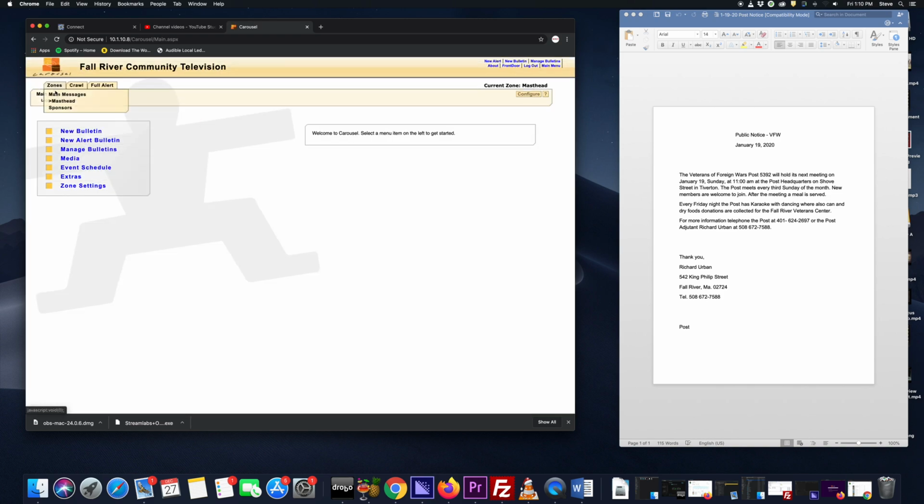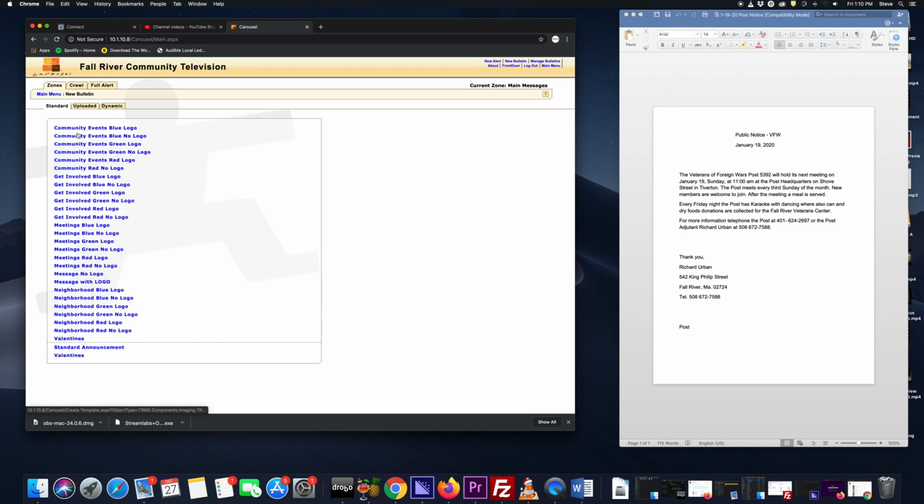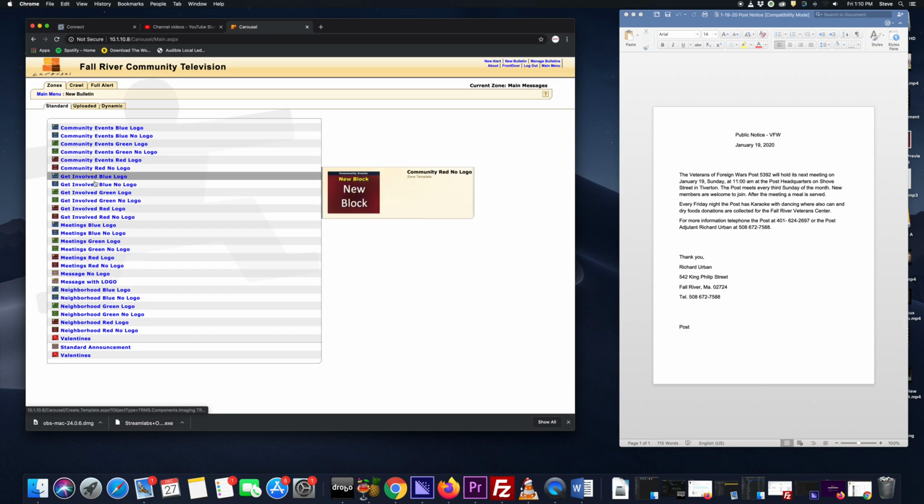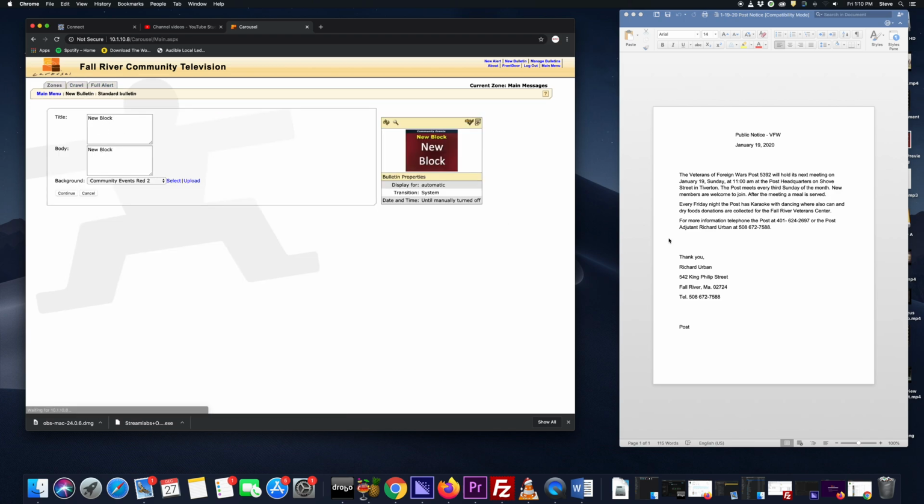we'll check our zone, make sure that we are in main messages. And we'll do a new bulletin. And then this is going to be for community events. We have a template, no logo. We'll use that one. So this is where my title goes. So